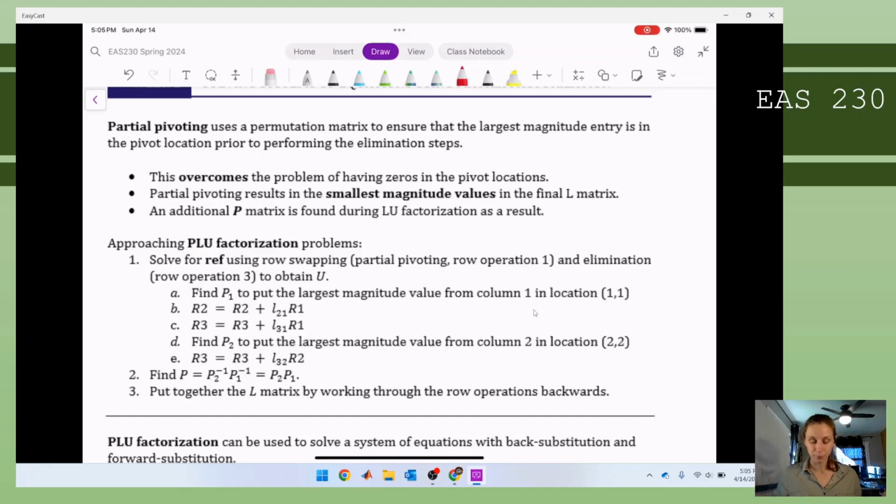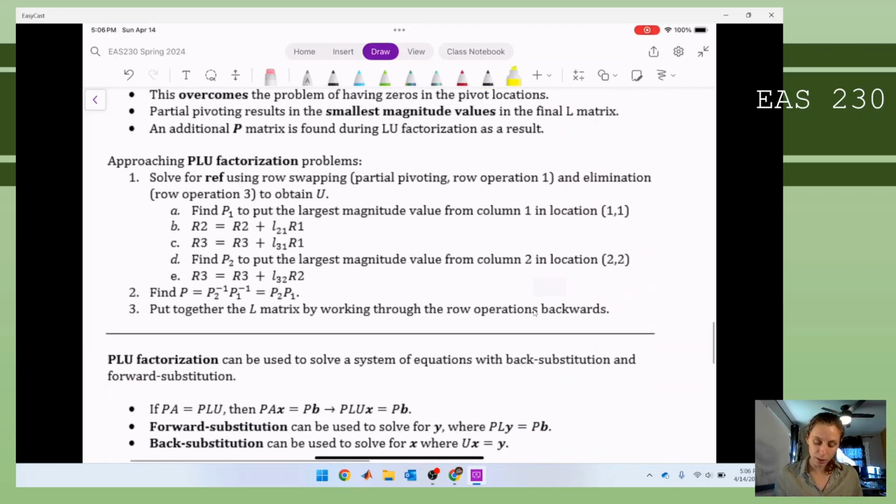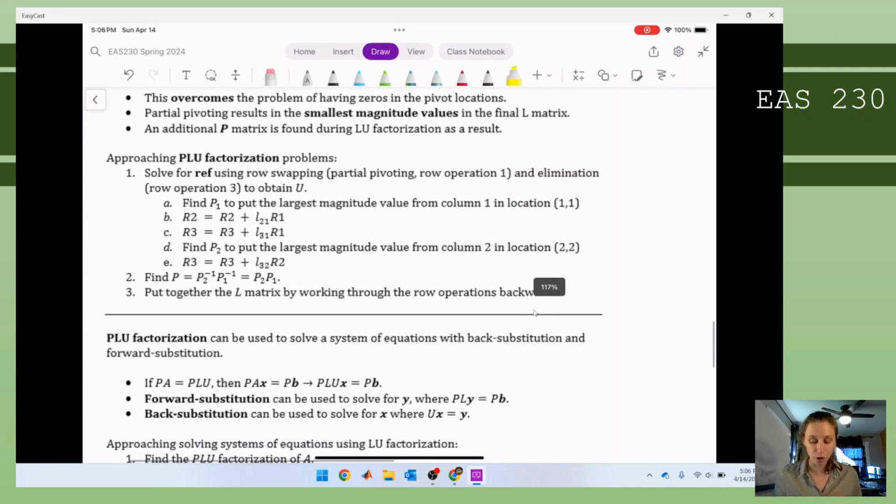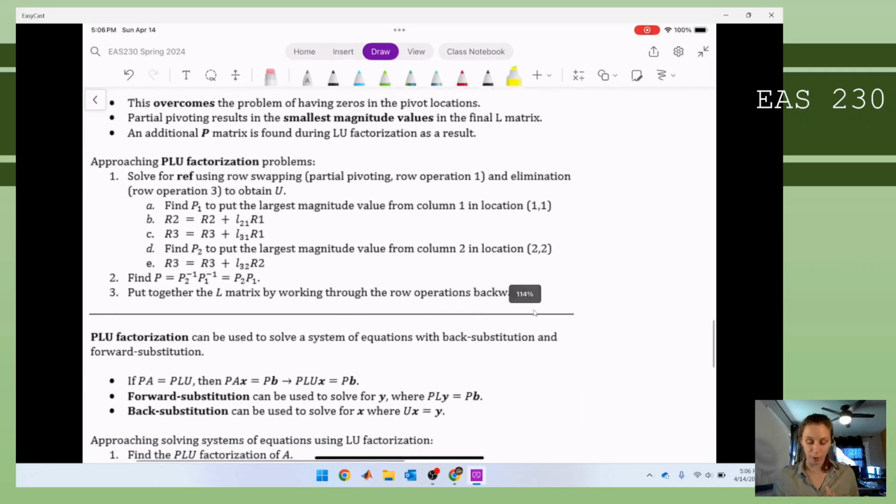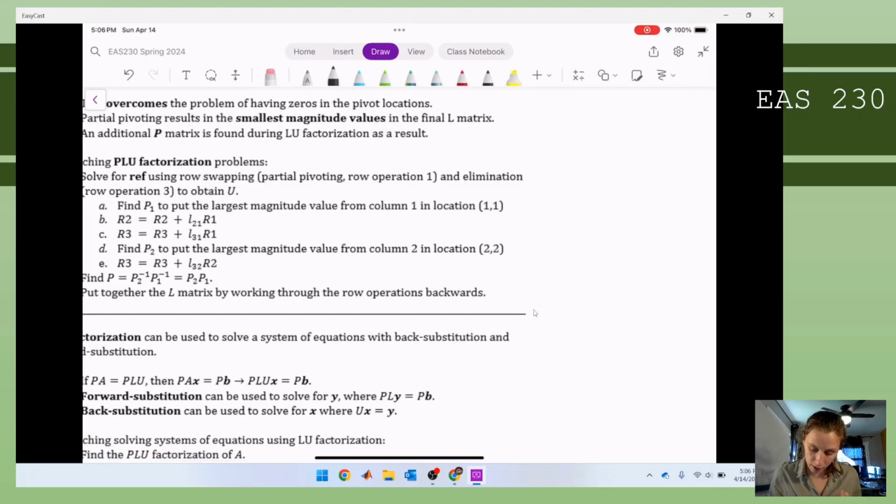It's called pivoting. And partial pivoting means that we are going to use our permutation matrices to first ensure that the largest magnitude entry in the column to get our zeros is going to be in the pivot location to perform our elimination steps. So here's what we do. To solve for REF, we're first going to do row swapping. So if I look at that matrix that I had up there,